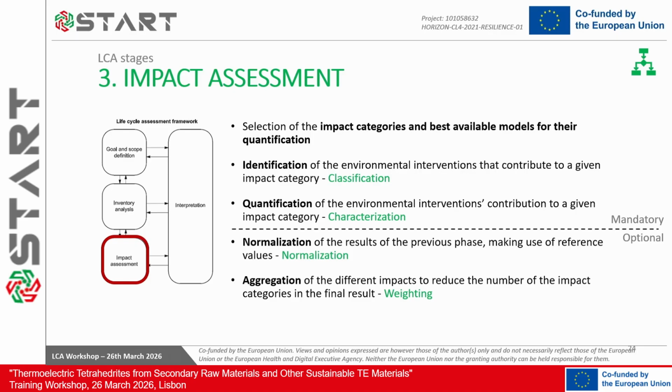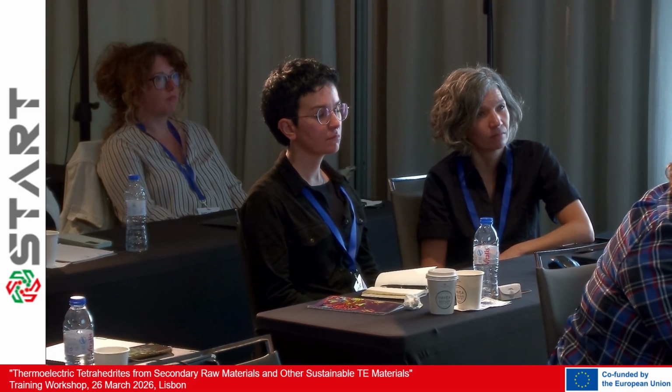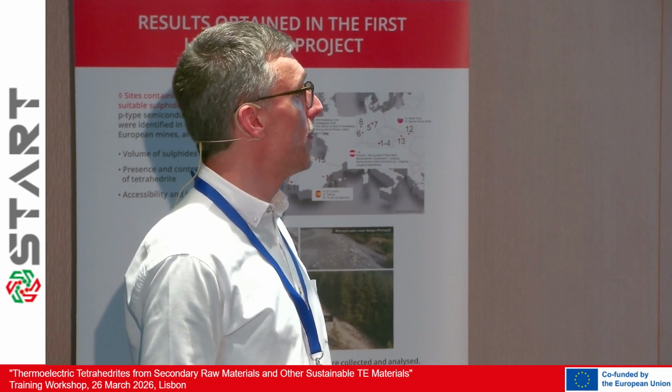Then you have methods that will allow you to have sort of normalization, which is basically to have a unified normalized unit or absence of unit on the result, because you will have many different categories of impacts. Some of them cannot be related with each other, but normalization allows you to sort of relate with each other,